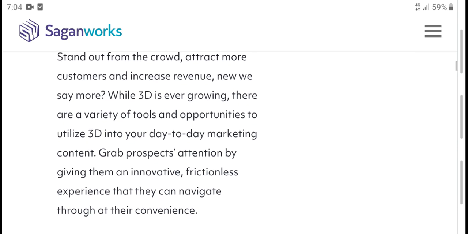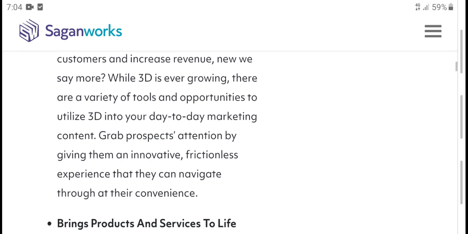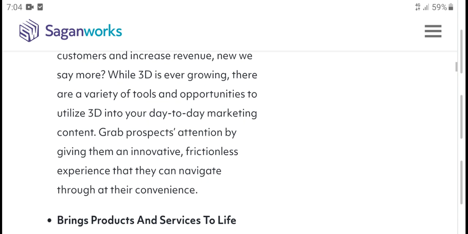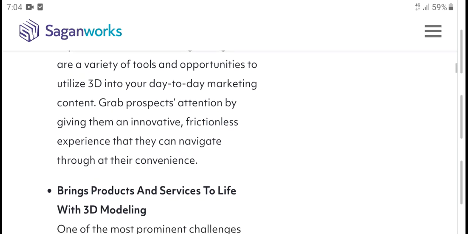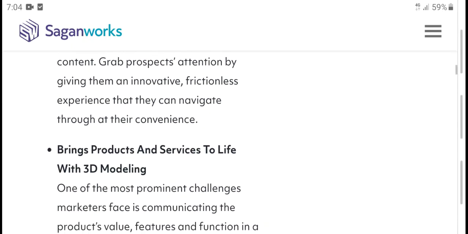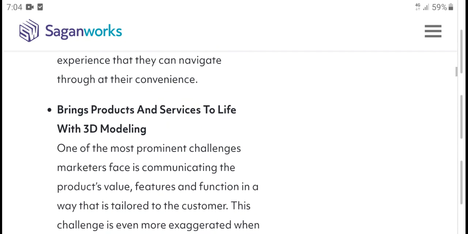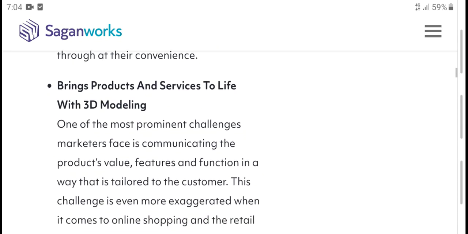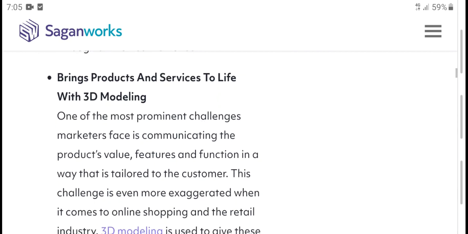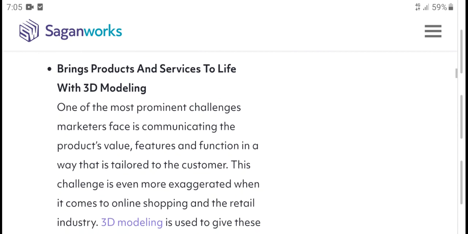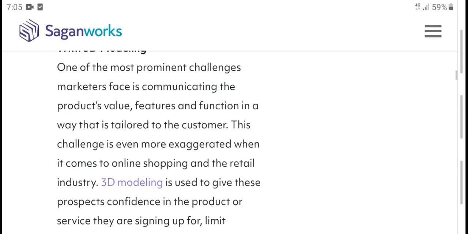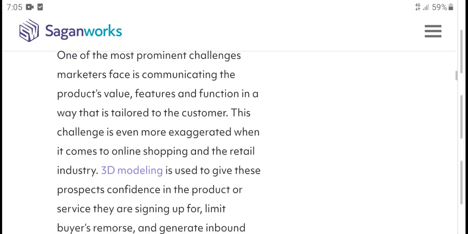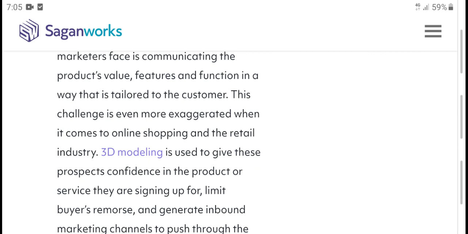These are visitor tools which operate to unite 3D into your day-to-day marketing content and graphic process, giving them an improved feature experience that can target and make them confident in your brand, product and service. 3D media is once the most promoted challenge in marketing, communicating product value, features and foundation, and it stores customers more than for online shopping and the retail